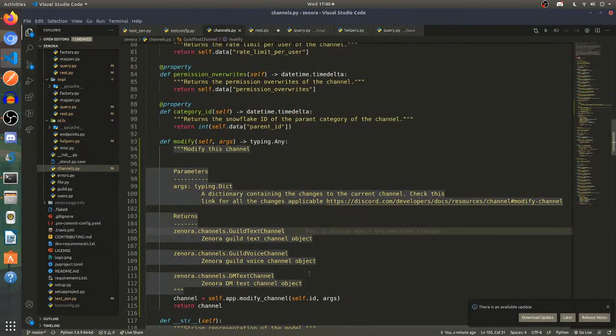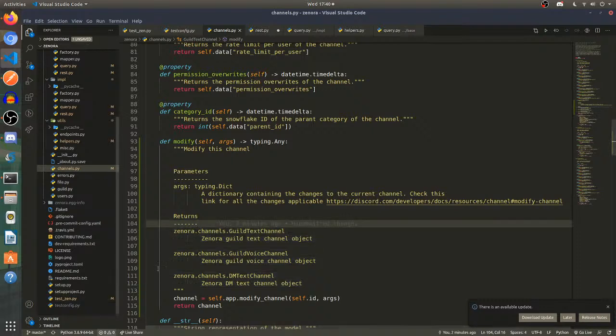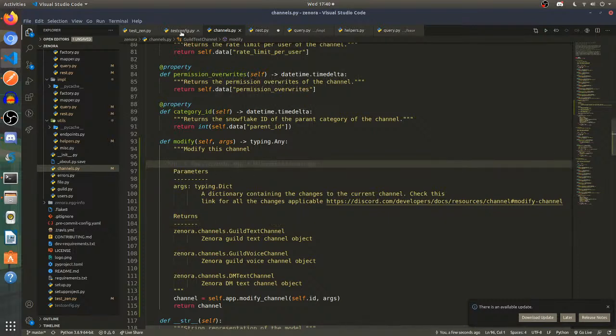So there's no guarantee on what type it's going to be returning. It's dependent on the user. That's why I put all these 3 types, because these 3 are the types of channel that Zenora supports right now, and this is like a really new project.